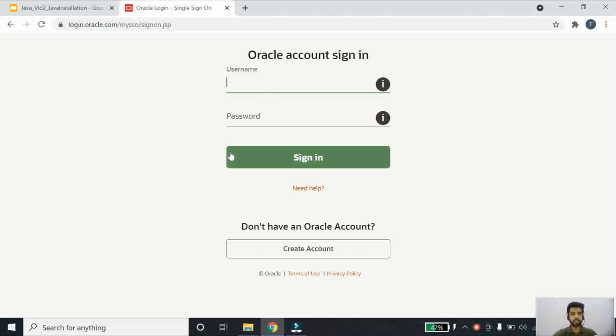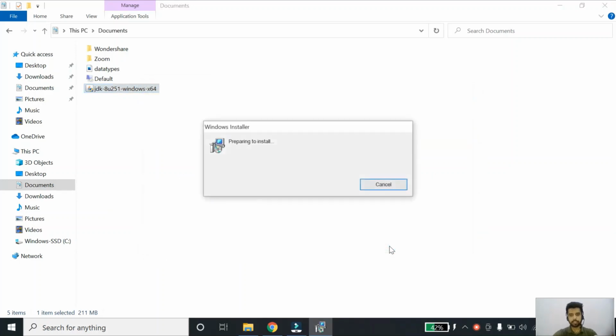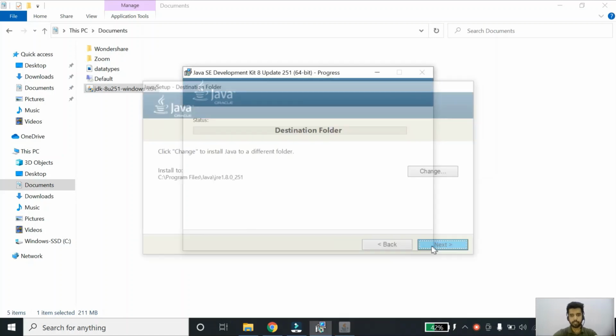Since I have already downloaded this installer, I will not download it again. I'll go to the file, double click on it, click on yes, click on next. It will take around 40 to 50 seconds to install Java on your system. Next.